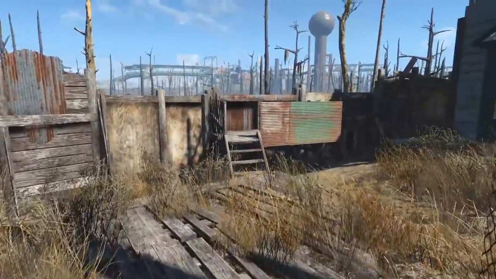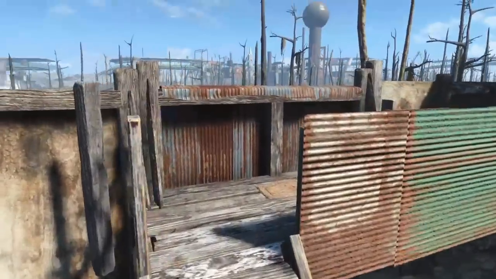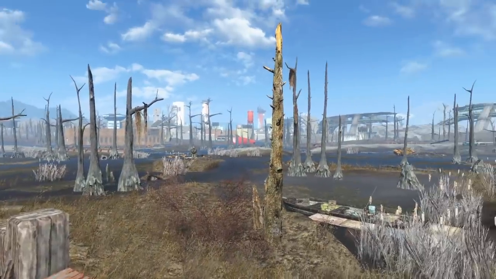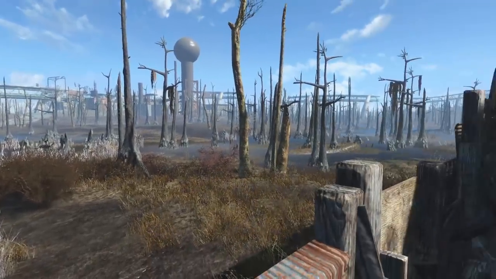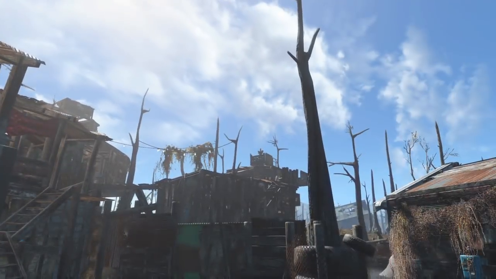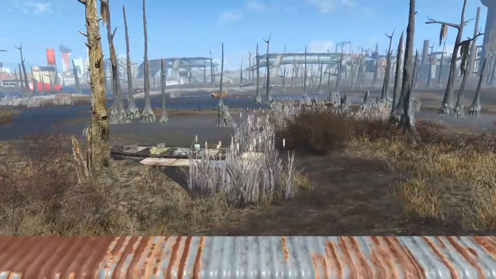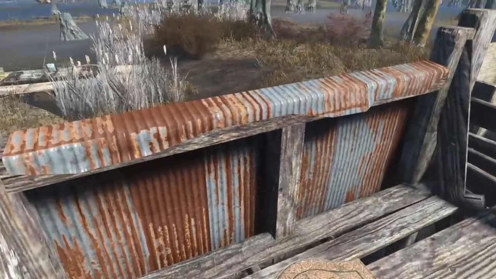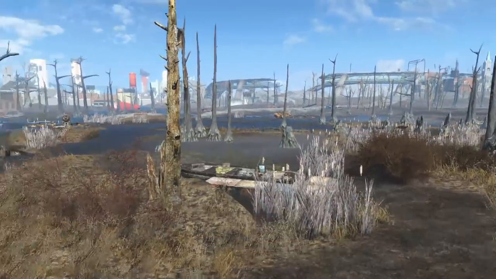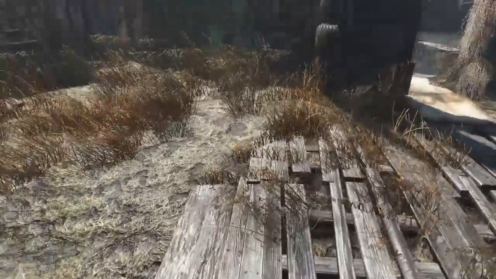So the first thing you'll notice is I added a little guard post right here on the edge of the settlement, like right along the junk wall, just because this is a good vantage point for the settlement. Of course, you have people way up there guarding and looking out over everything, but down here, this is a really good spot. You know, being able to just crouch down behind the junk wall, and if you gotta fight people on this side of the settlement. And then